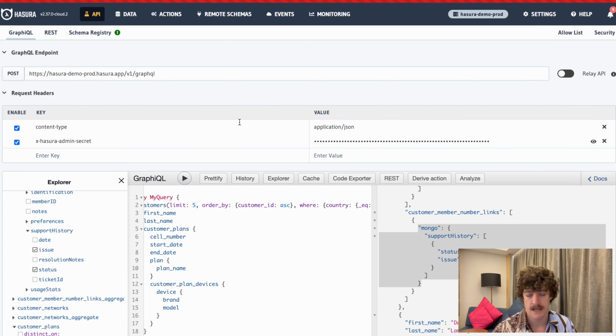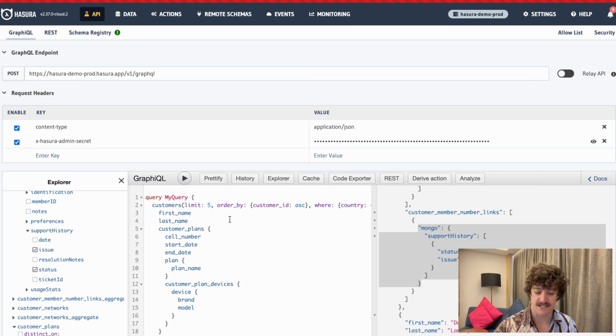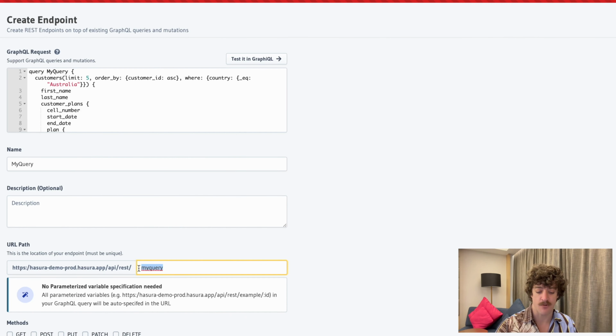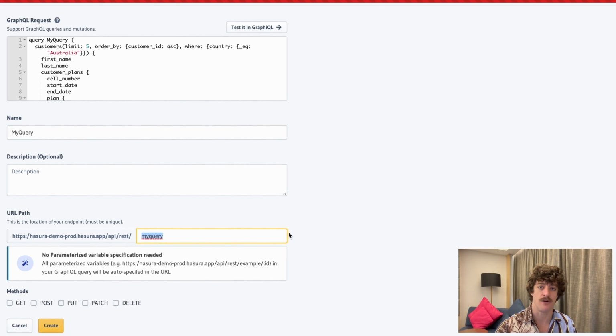And remembering, any single one of these queries can also be configured to use REST as well. So any query that I design here using my interface in GraphQL, I can simply click this REST button and this will convert this GraphQL query to a REST endpoint for us. There's my GraphQL query, and I can create an endpoint in here that does exactly the same query, talks to Postgres, talks to Mongo. I'm able to use path parameters or query parameters to alter some of the calls going to the backend,